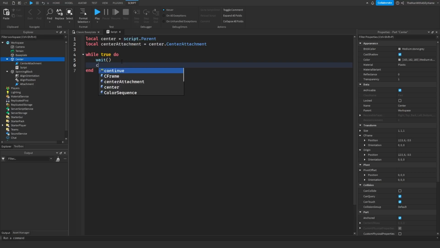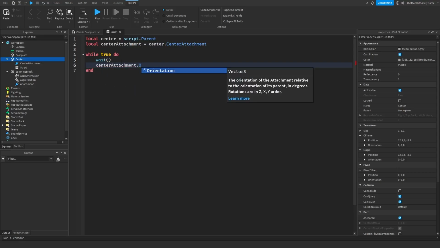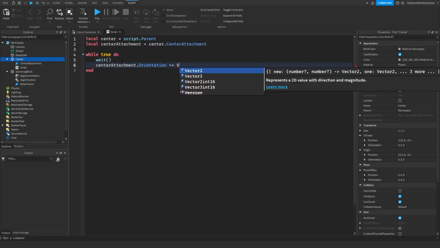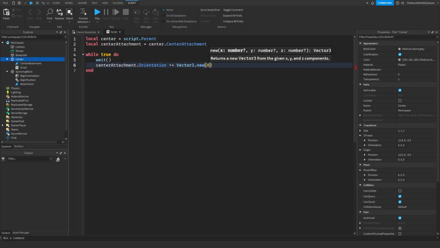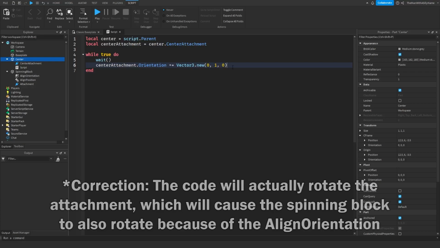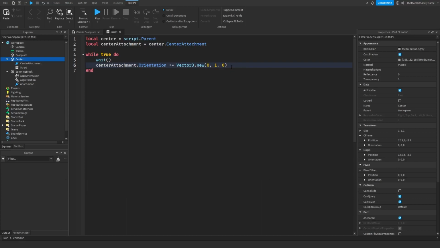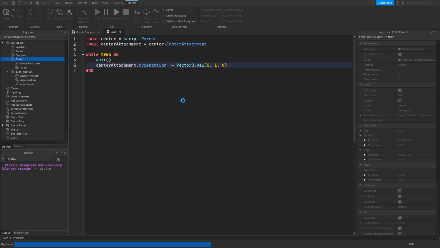And then we're going to say centerAttachment.Orientation += Vector3.new(0, 1, 0). What this code here will do is rotate the block by a very small amount, but because we have this inside of the while true do loop, it will repeatedly do that, and that way it will look like the block is spinning. So now if I go ahead and hit play,